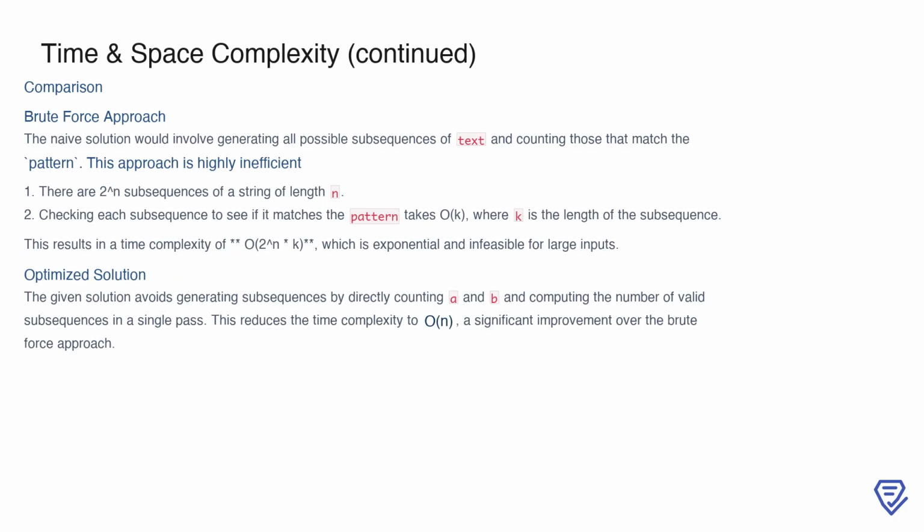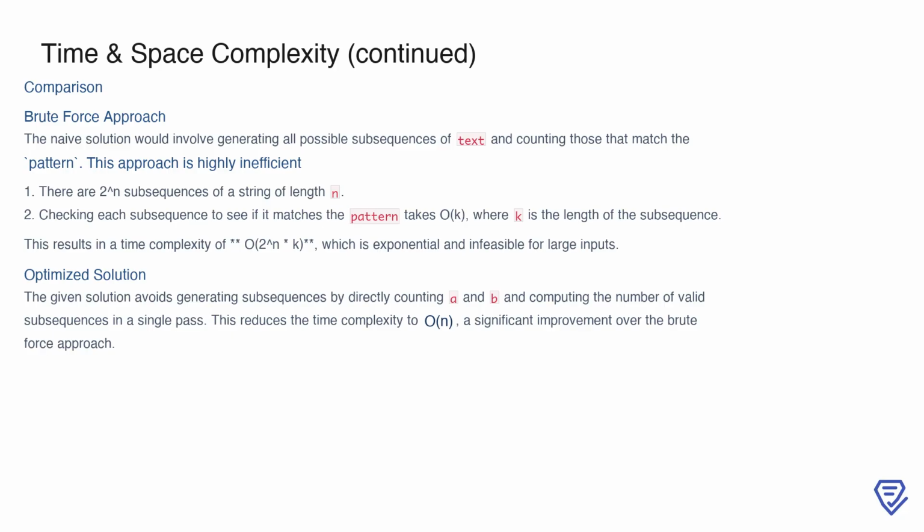When comparing the optimized solution to a brute force approach, the efficiency of the current algorithm becomes even clearer. A naive solution would involve generating all possible subsequences of the string text and checking each one to see if it matches the pattern. For a string of length n, there are 2 to the power of n possible subsequences. Checking each subsequence for a match takes k time, where k is the length of the subsequence. This results in an overall time complexity of O(2^n * k), which is exponential and